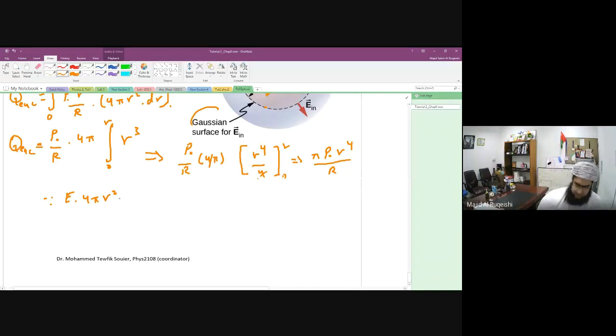This will be equal to π rho naught, we'll go with the π, and then we have here r to the power 2, here r to the power 4, this will be to the power 2, and from here we can get E equals to rho naught r to the power 2 over